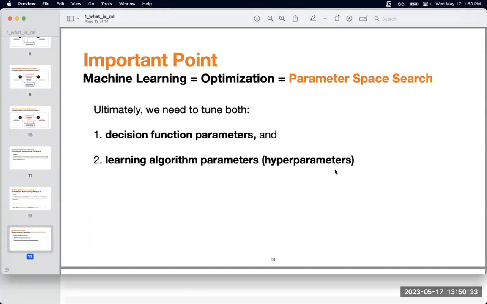So in a way, you can also think of that as navigating in a high dimensional space where your parameters live, and you are essentially just trying to find the point in that high dimensional space that is the combination of all the parameters that would make the model perform the best. So ultimately, we want to tune or find the best values for our function parameters. That's what's going to be learned.